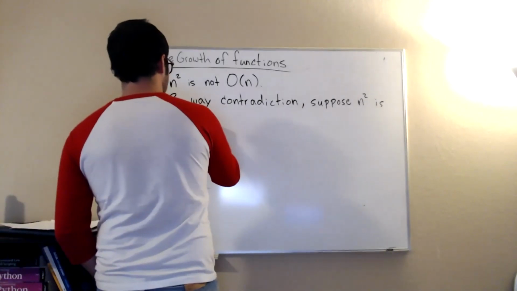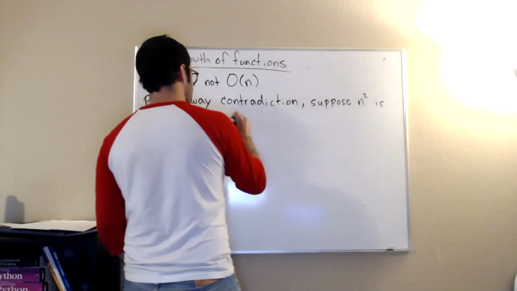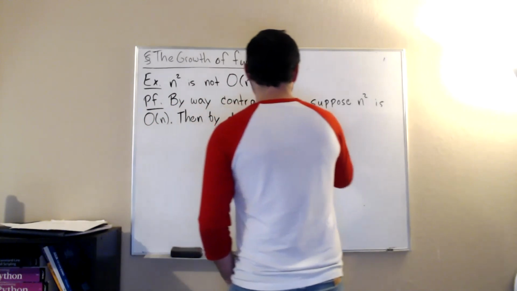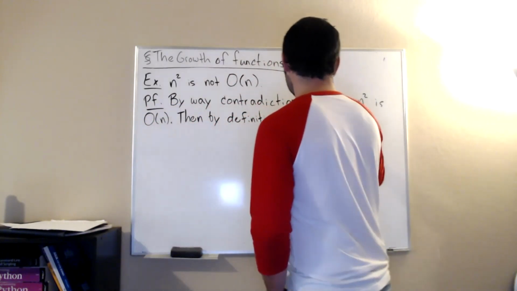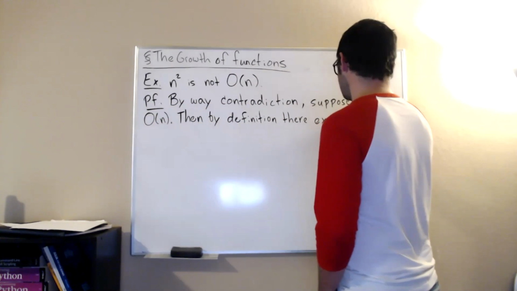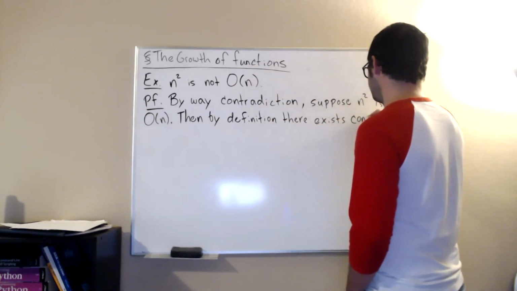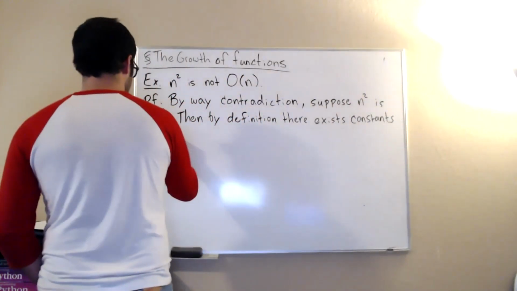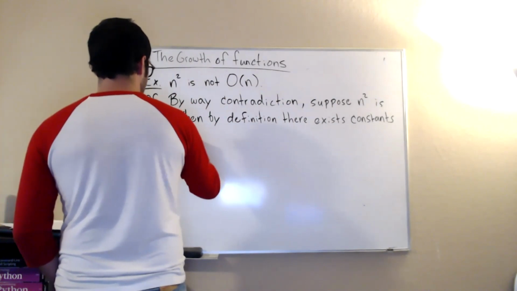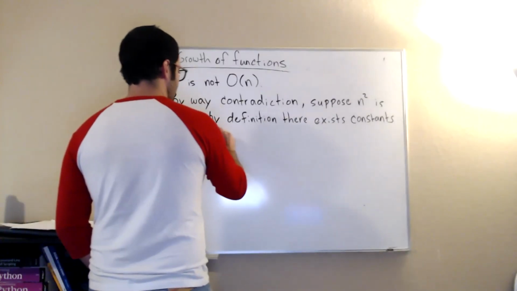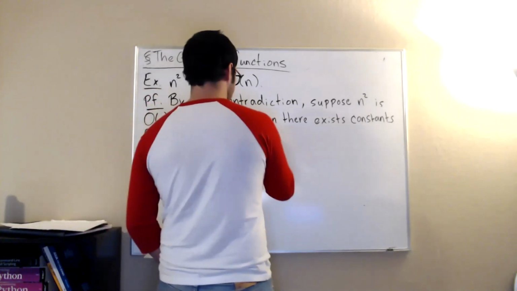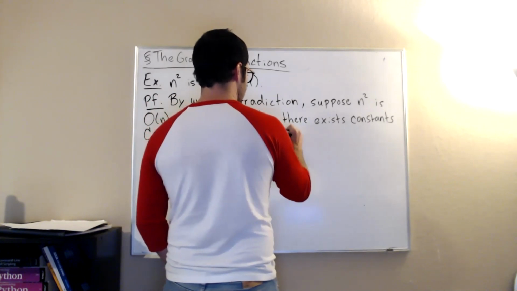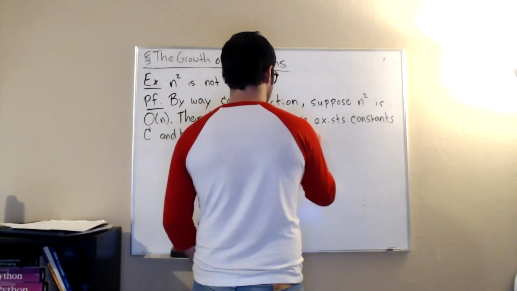So then, by definition, there exist constants C and K so that the absolute value of n squared is bounded from above by C times the absolute value of n